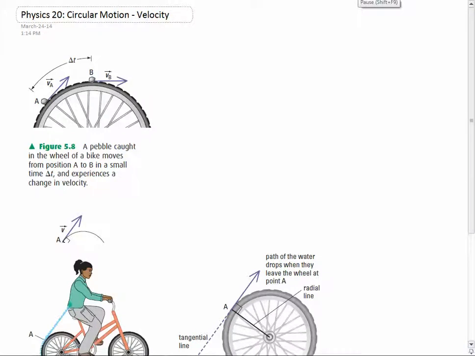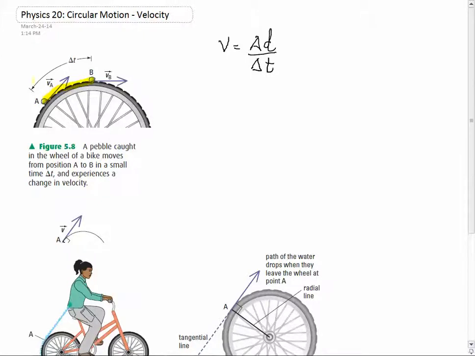So this is a video for Physics 20. We're looking at circular motion and in particular velocity in circular motion. So it's important to remember that velocity is the change in distance over the change in time. So if we look at this, we can see that this pebble, it's stuck in a tire, and it travels